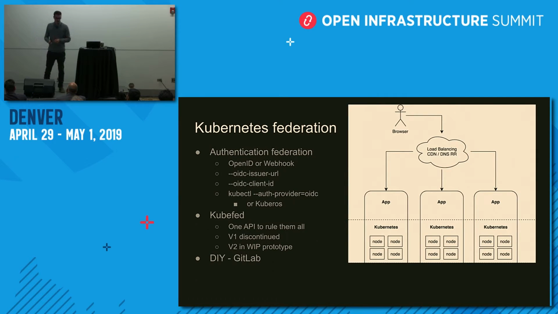So that's what you have there. On the client side, you're going to need to tell the client to include those tokens. If it's a webhook thing, you're kind of on your own there. If you're using OIDC, you have this parameter to pass in the CLI once per client, and then it sets this in the config file, and you're all set. Or there is also a UI that I will demo a bit later that generates the config file, and you just drop the file, and you're done. So that's the authentication federation.